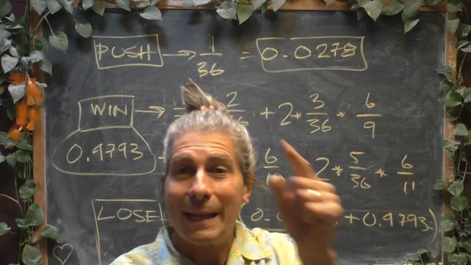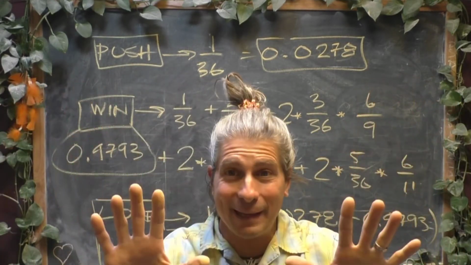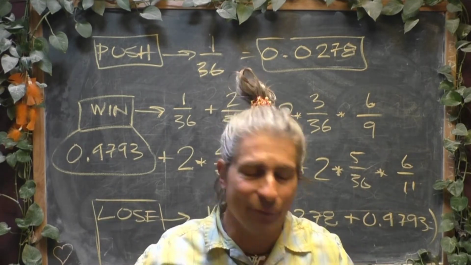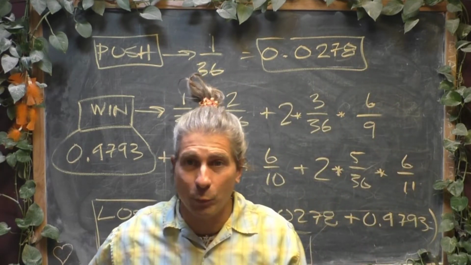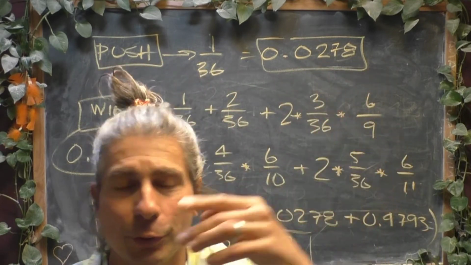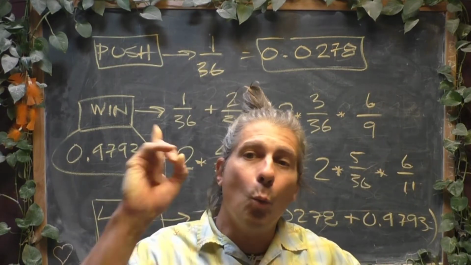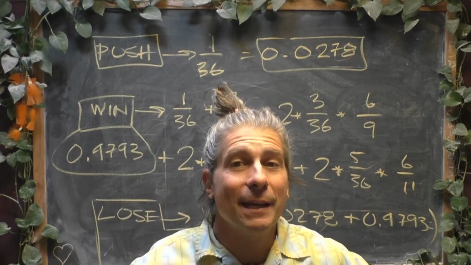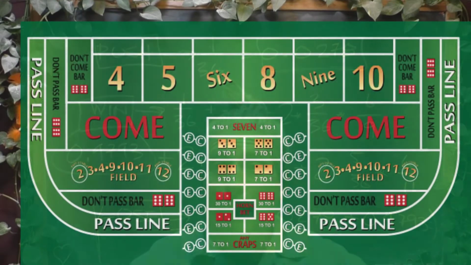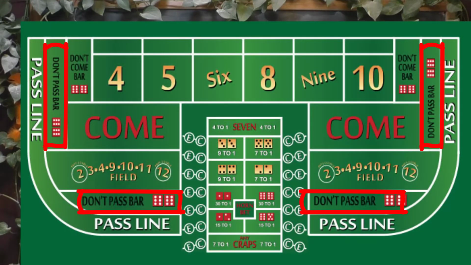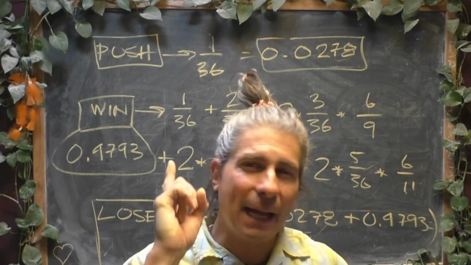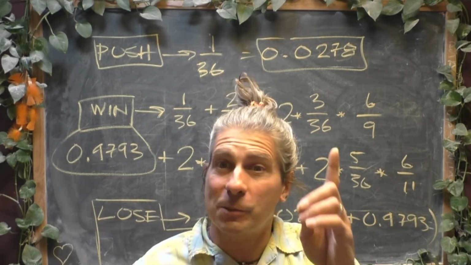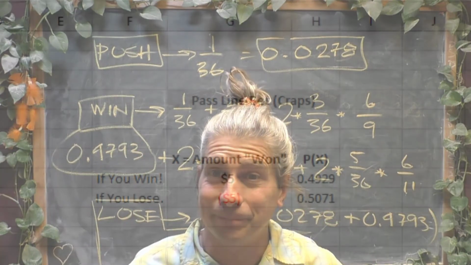But here's the thing. Gambling and insurance operate on the exact same principle of this averaging. Now, we just looked at the pass line bet, which is very simple. You either win or you lose. I want to look at one more type of bet called the don't pass bet, which effectively, conversationally, means you're betting against someone who is playing on the pass line. But it's got one small difference, and we'll explain why in the next little bit.